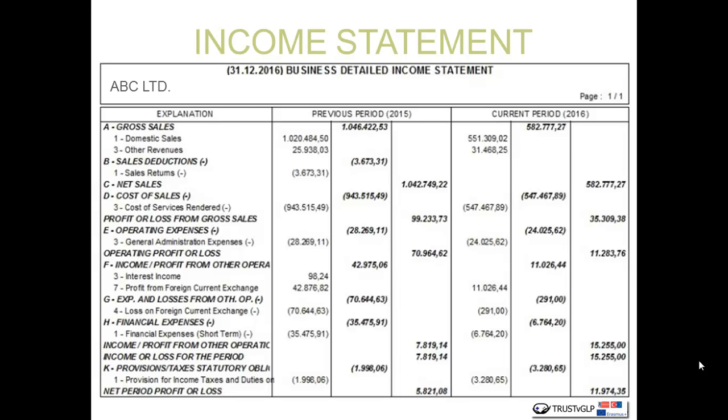In order to fill out our declaration, the first required table is the income statement. When we examine the income statement of the aforementioned company, we see that the gross sales amount is 582,777.77 Turkish liras, and then we see domestic sales, other sales, sales discounts, sales returns, and subsequent net sales. As a result of these calculations,